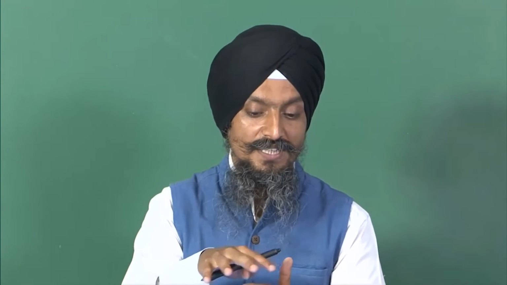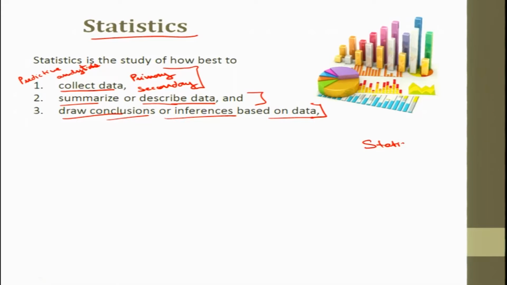you use some statistic, not statistics. Statistics is the science, the study. A statistic is the variable on which you are working, like mean is one statistic, standard deviation is one statistic. I am using the word statistic here. Mean is represented by mu, median is represented by, standard deviation is represented by sigma. So we summarize this using descriptive analytics,